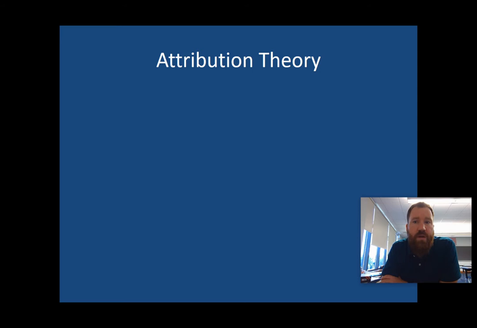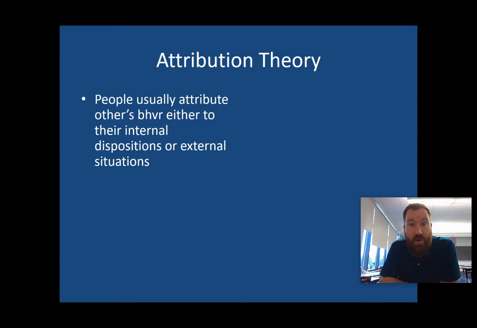So first, your book and all social psychology really needs to start with attribution theory. Attribution theory basically says that when we look at other people or ourselves, we assign an internal or an external view as to why those behaviors are occurring. An internal view would be like, that person is a bad person. Or an external view would be like, oh man, that's a really crappy situation that I was put in. That's what we're talking about when we talk about attribution theory.